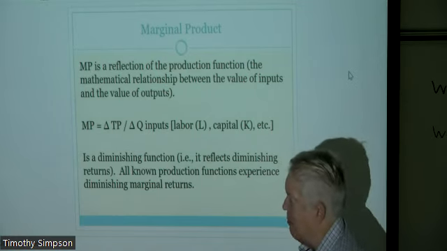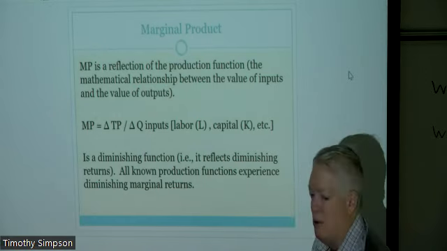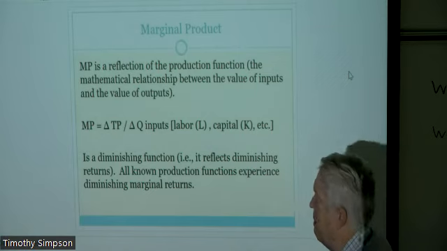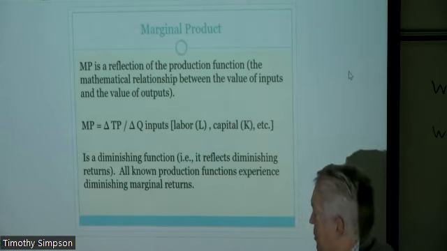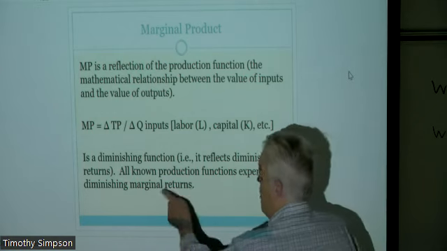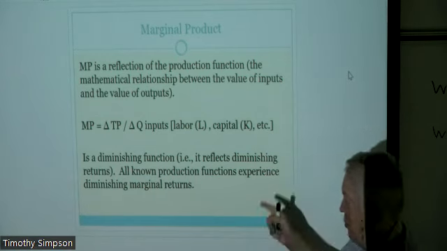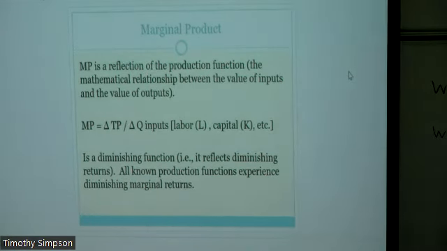And I'll give you a bit of an example of how that might look here. I'll give you a graphical example, and a numerical example, so you can see how that works. And then we'll bring cost back into the picture. So we will bring dollars into this because that's obviously the way we measure things. One thing that we should know about all known production functions is that they experience diminishing marginal returns.